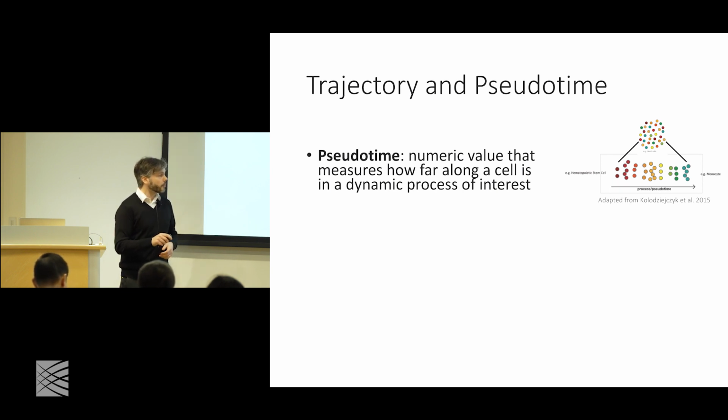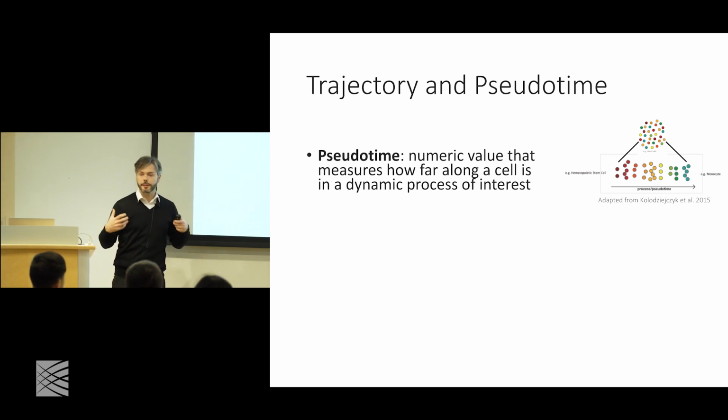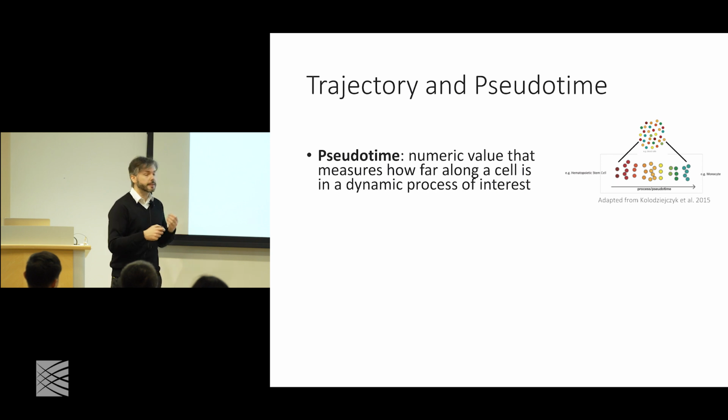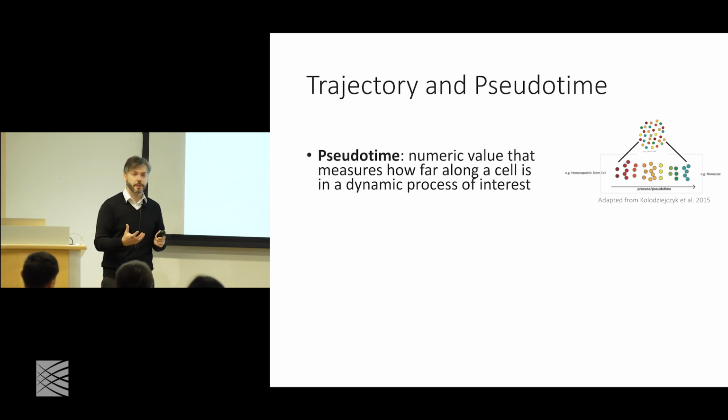And in reality, we know that there is an underlying developmental progression, right? So you potentially start from the hematopoietic stem cell, and then you would follow different trajectories. You can, for example, go to monocytes or other lineages. So the idea is that when you measure your cells, can we find a way to unroll this differentiation axis? We can potentially reorder those cells, look at how similar they are in their expression space. And if you reorder those cells, that's the hope, we can potentially recover the